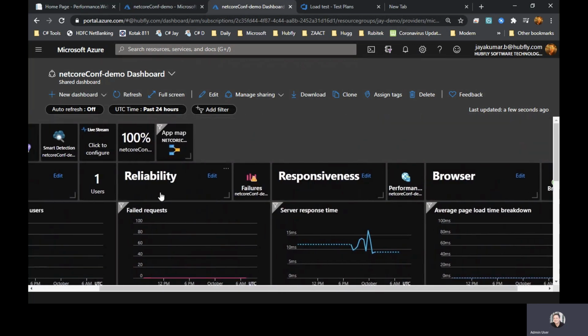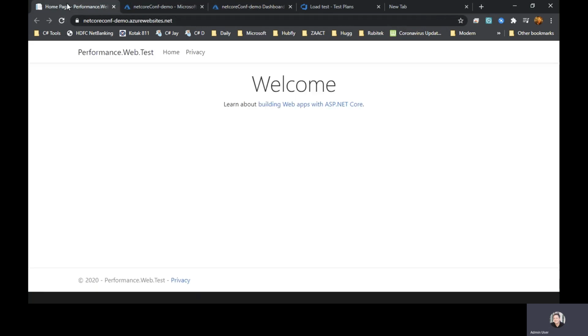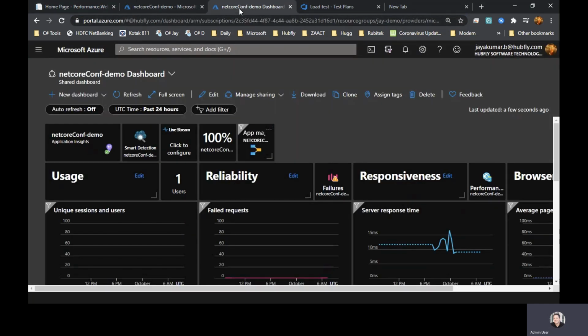This is my previous test. It is success from Central US, East US, North, South Central, then multiple other locations like West US and all. It is success from different locations. All the response time is within 1 second, I guess, because it's all within 1000 milliseconds. Suppose your application has to respond in a shorter time, you can define it in the success criteria. That's how it comes. Then you can refresh this page to get the results frequently.